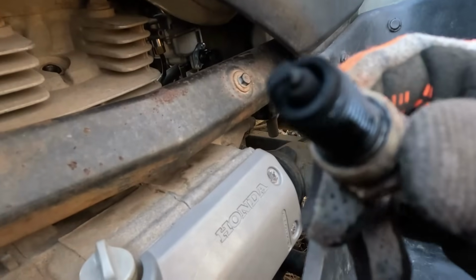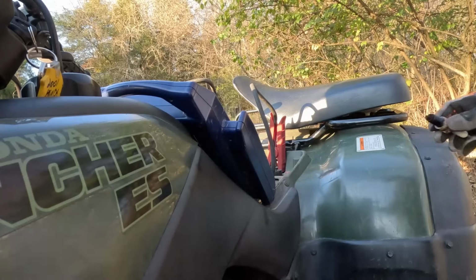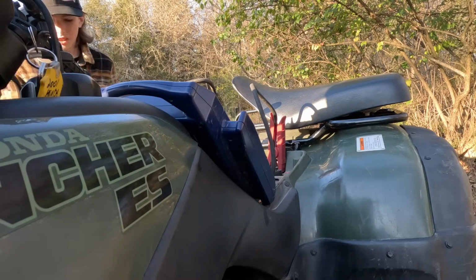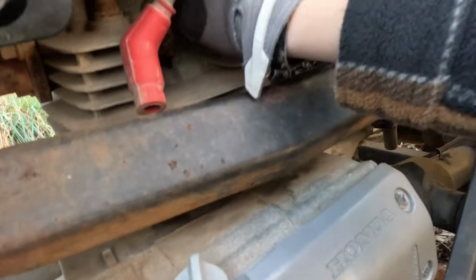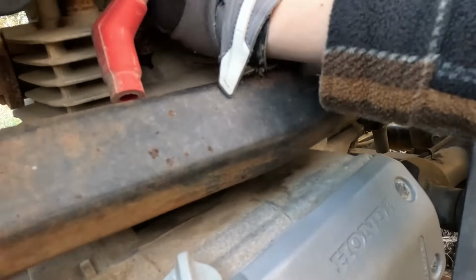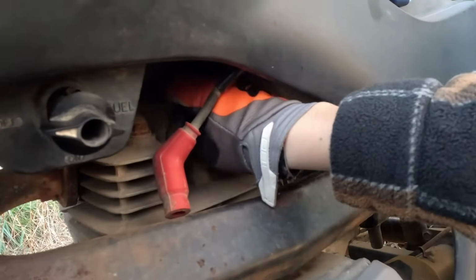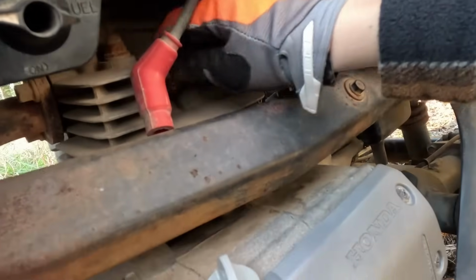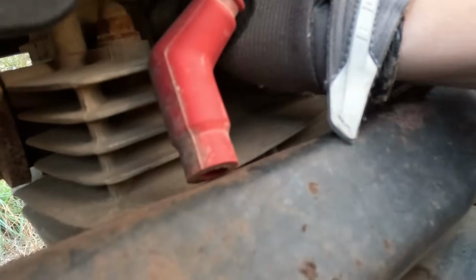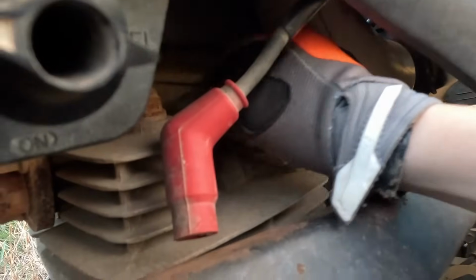Holy cow. It's definitely running a little bit rich. Alright, so we have spark. Not the best, but it's there. So we'll take it, I guess. I can get the spark plug back in. Then we'll probably just head straight to taking off the carburetor, honestly. If I can get this in here. There we go. Alright, I'm gonna get this thing tightened up, put back on,